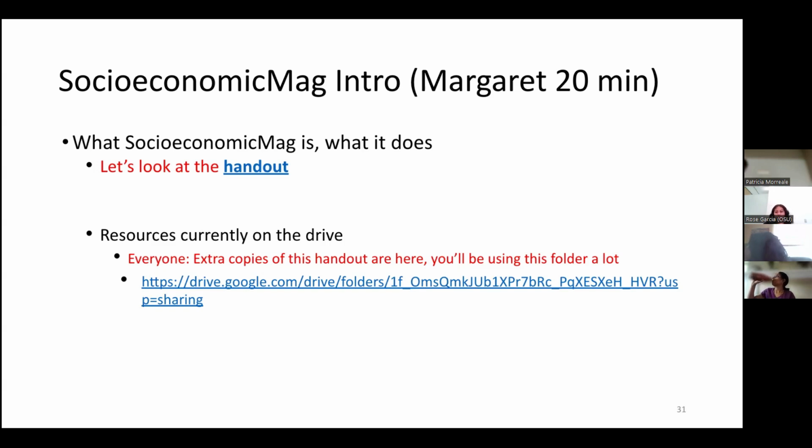Aha. We got the persona explosion question. I love it. Okay, so we've been out there blundering around with SocioeconomicMag enough to where we've run into almost every possible question, although actually, I never got that one. So Lais gets a prize for the first time I've heard that question, although we didn't bring any prizes, but you can have an extra cookie, which I think everybody can because there are a lot of them. Anyway,